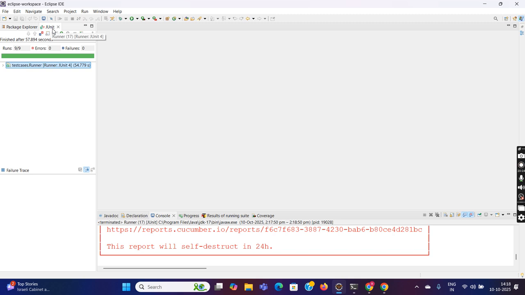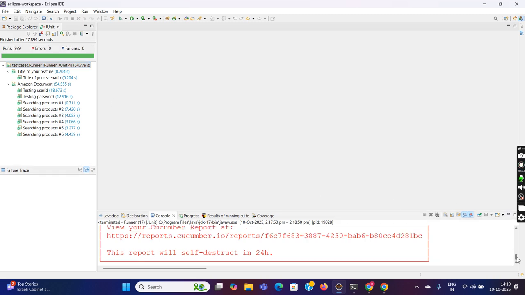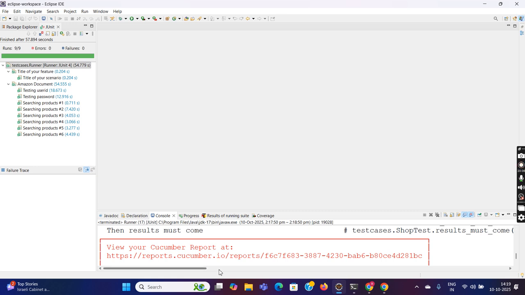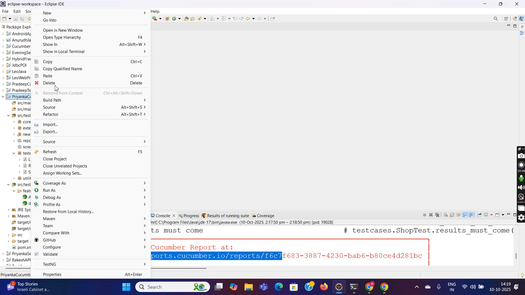So this report is generated by JUnit. As we have discussed, it also generates its own pass or fail, and Cucumber generates its own report, which you can look at at this URL. This is the Cucumber report. Now we have added the plugin for the Allure report also. So if you refresh it,